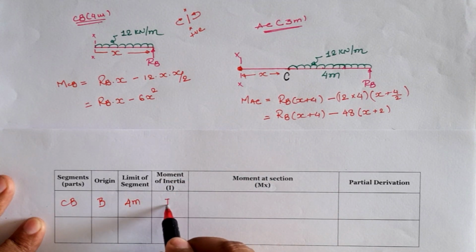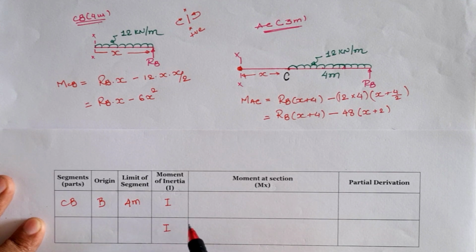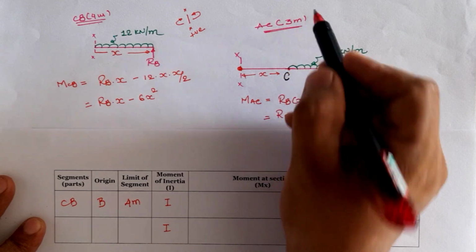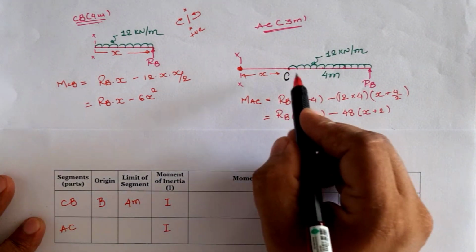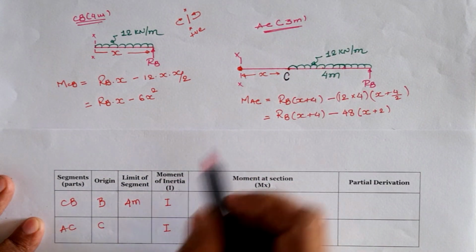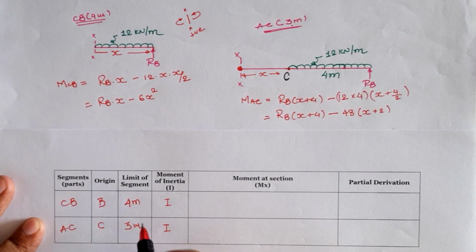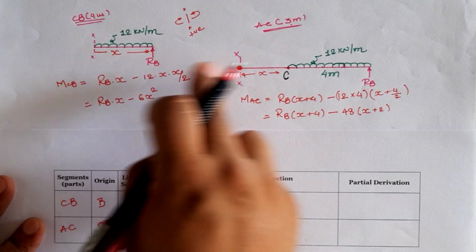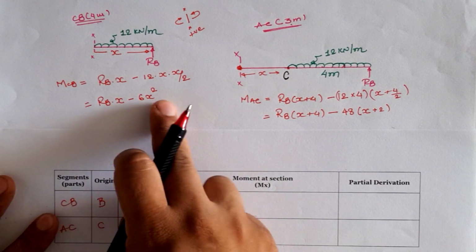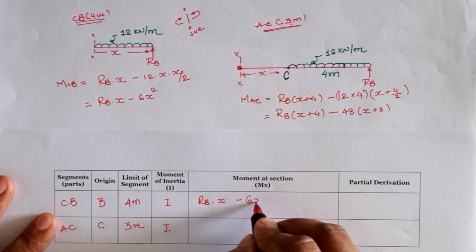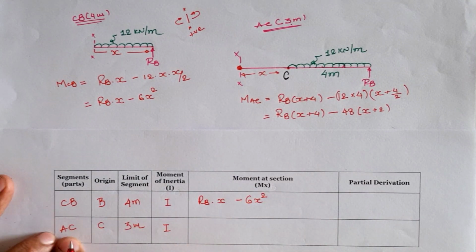Moment of inertia is taken as I for both spans as it is missing in the example. Now for the A to C segment our origin is assumed as C, and the total limit of the segment is given as 3 meter. Now the moment at a particular section in the C to B span is calculated as RB into x minus 6x square, and for the AC segment it is